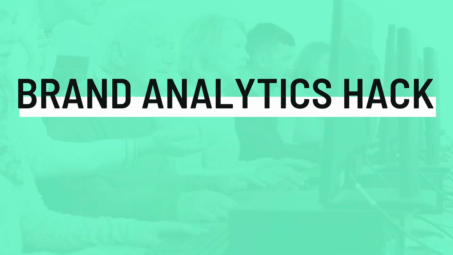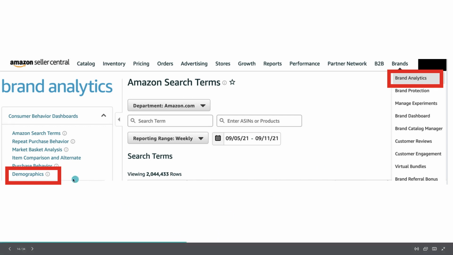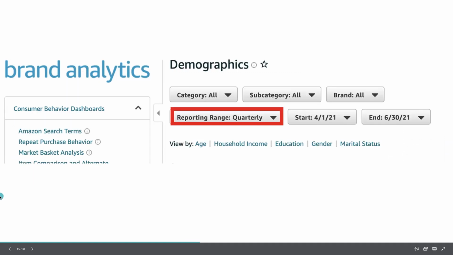The next one is a brand analytics hack. If you've got an existing brand on Amazon and you're building products similar to the products that others have purchased already, and you just want to understand who's buying my stuff, who should I be thinking about when I sculpt my customer archetype for future products as part of this brand, you can go into the brand analytics section, go to the top right there, click on brand analytics, and it pulls up this tab here. If you go down to the bottom left on the demographics section and click on that,